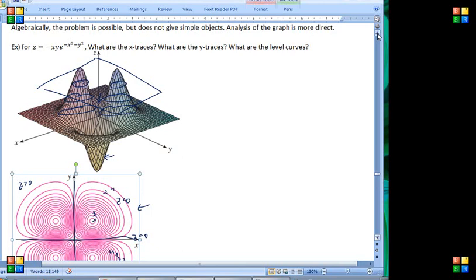So connecting the graph to the level curves can be challenging. It's interesting. It's also important. How can we tell